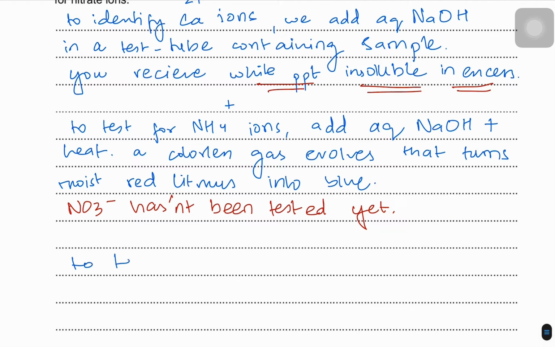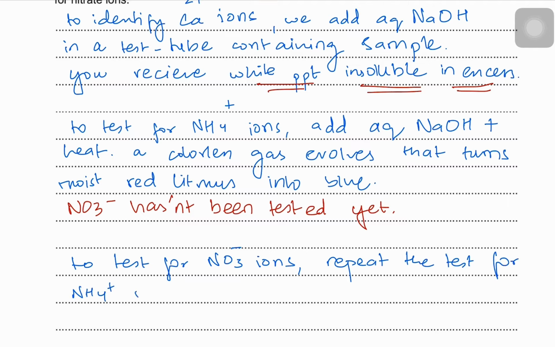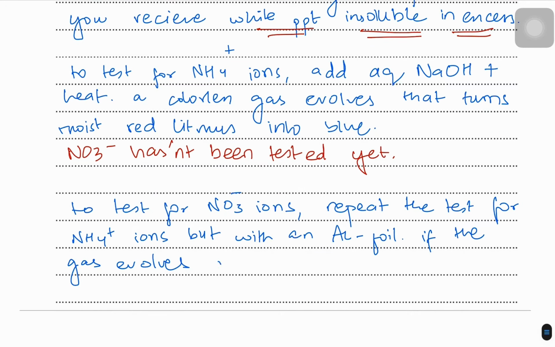So you will say, to test for nitrate ions, repeat the test for ammonium ions but with an aluminium foil. If the gas evolves and turns damp red litmus blue,